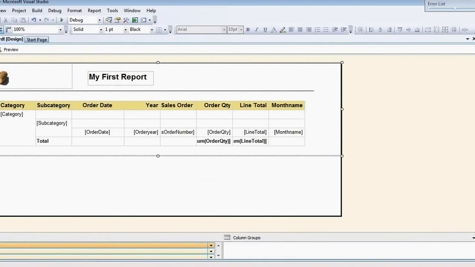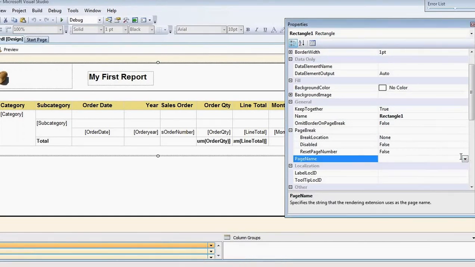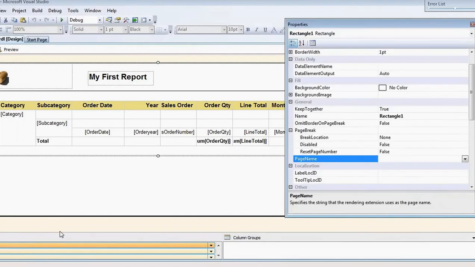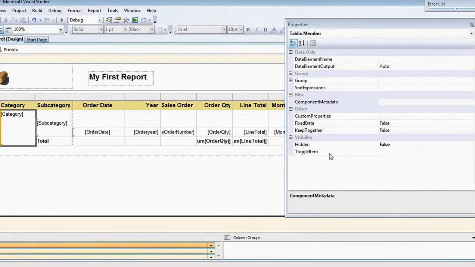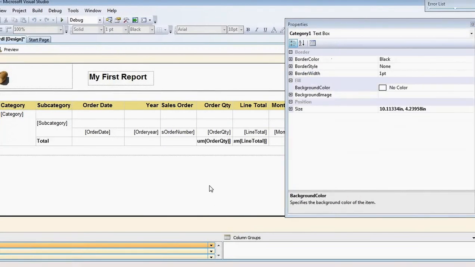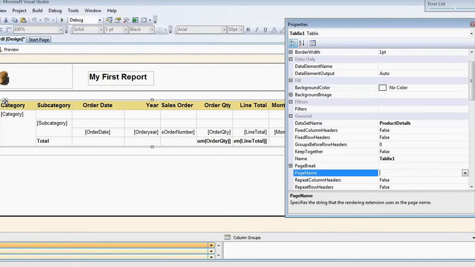So the property you have to enable, F4, page break under the page name. Page name.